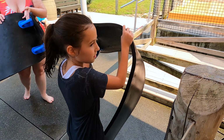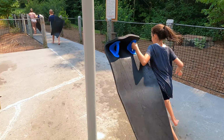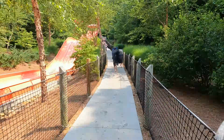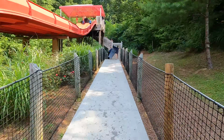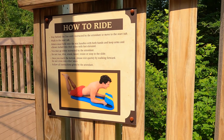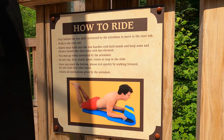So I like this one a lot better. This is the Slick Rock Racer. You grab your mat and head up to the top. This is great for friends or family to race one another. Again, you're gonna lay down on this mat, and I like this one a lot better than the Mountain Twist